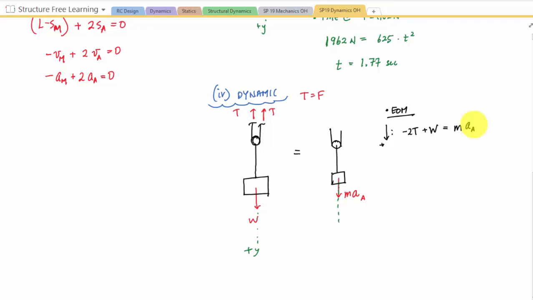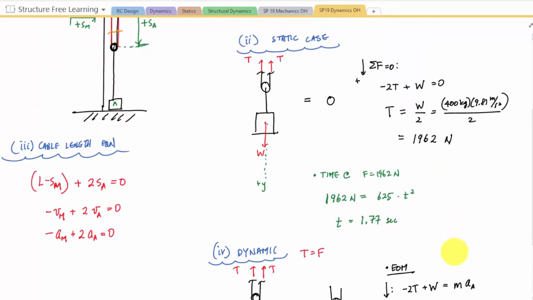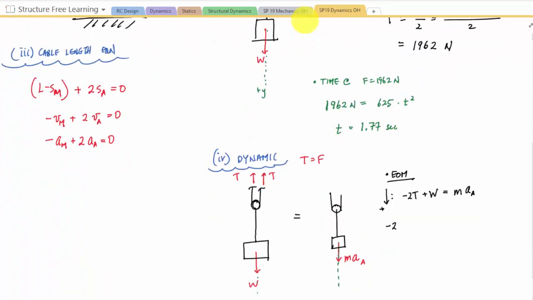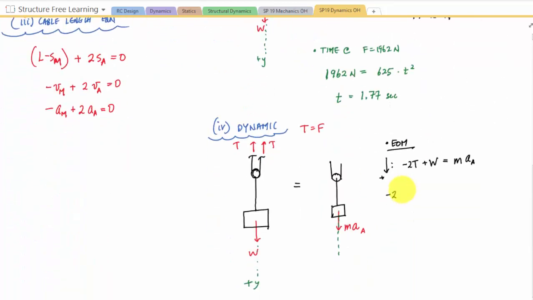And what I have is that T is equal to F, and it's a function. So here, this would be negative 2 times 625 newtons per second squared, I'm going to put the units there, times t squared plus the weight of the crate